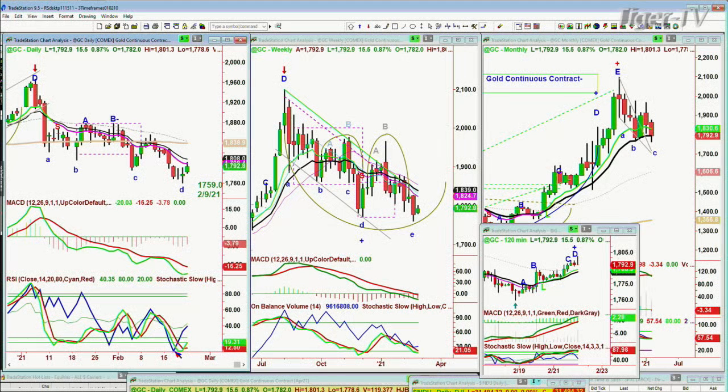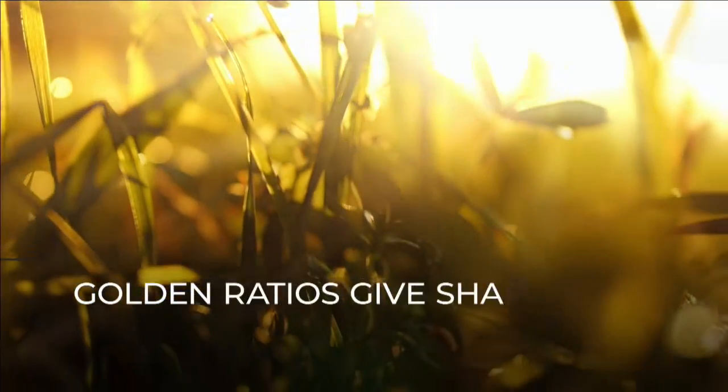The on-balance volume has a nice V-shaped pattern. At 12%, the stochastic is very oversold. Doesn't mean it has to bounce, but it is bouncing nicely with a strong balance volume. And that says if money comes out of BTC, Bitcoin, it goes into